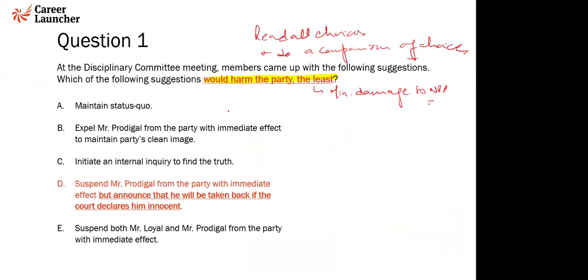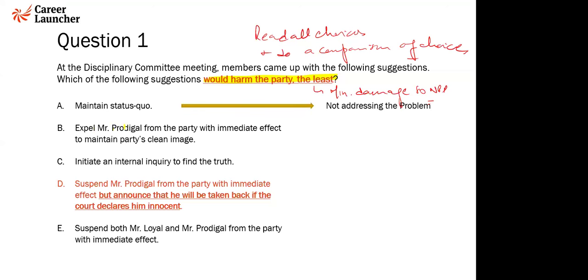The issue is that the image of the party is getting damaged because of continuous pressure from the media and social activists and the opposition parties. While I may not worry so much about the opposition parties, I'll definitely be worried as a political party about the media and the social activists if they're against the party. So it will lead to the damage. So it is not addressing the problem. It's the biggest problem with choice A, and hence it is not a good option to look at. Choice B.